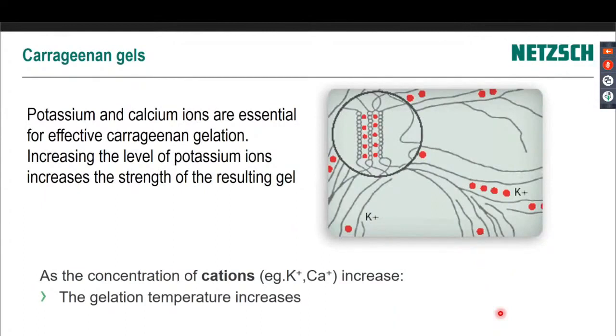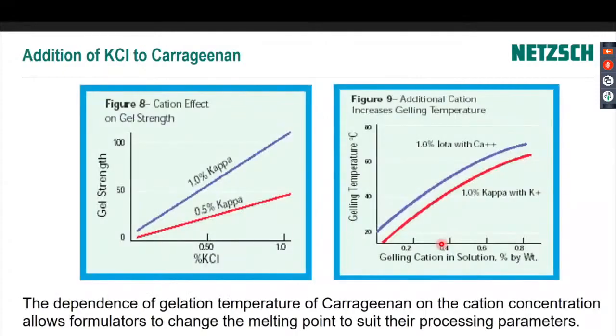A common food gel is carrageenan. It's gone a little bit out of favor these days because of its side effects. Apparently not so good for your gut and things like that. But the nice thing about carrageenan is that you can really thicken it up or thin it down depending on the amount of cations in there. So if you add more calcium or potassium, it becomes a lot thicker. And also that increases the gelation temperature. So you can completely characterize this by just adding different amounts of